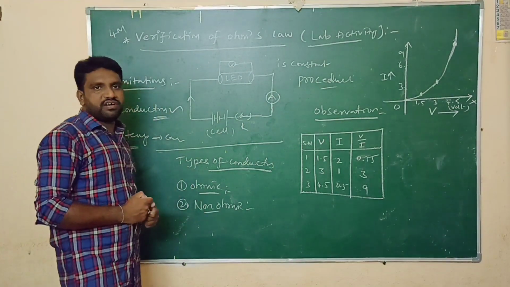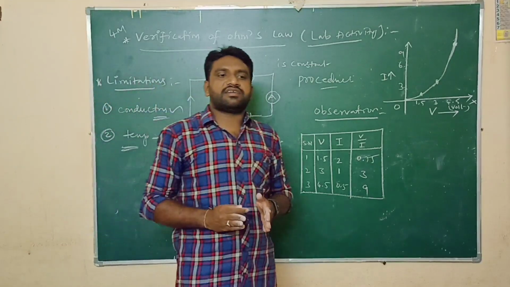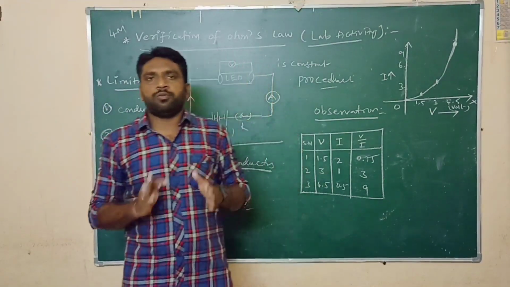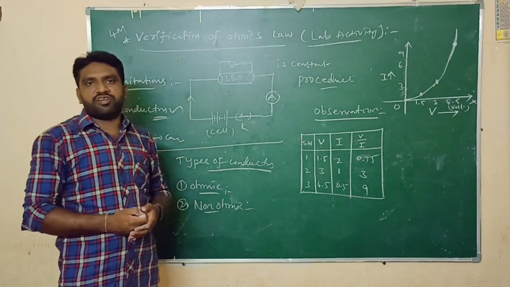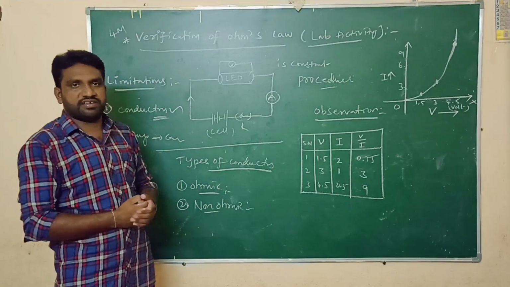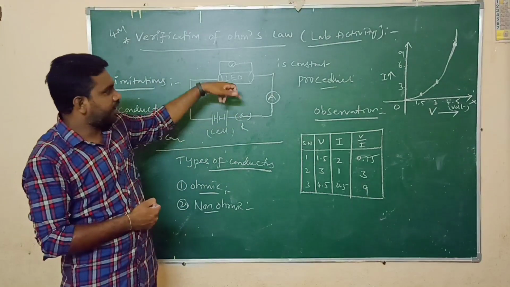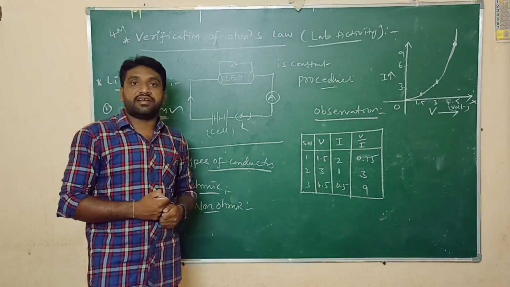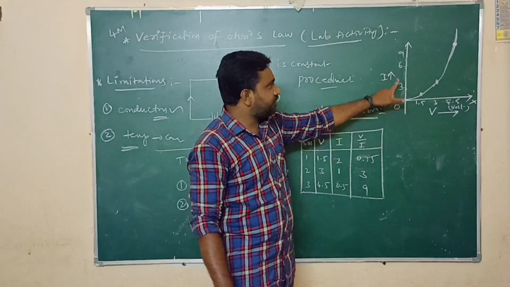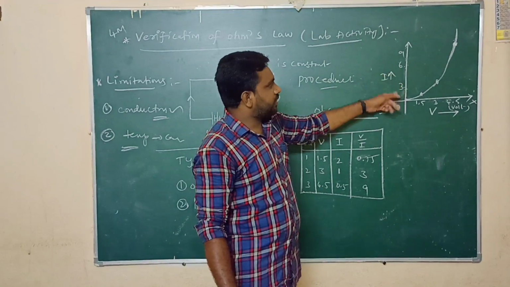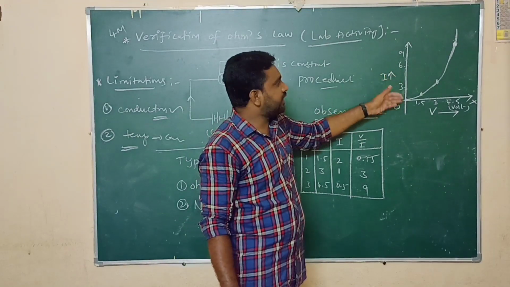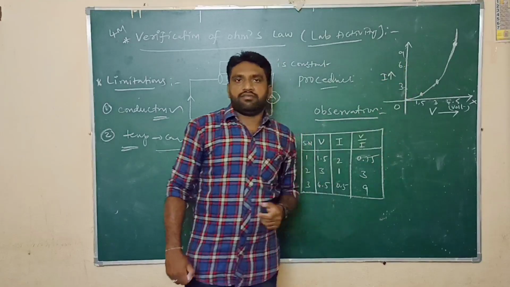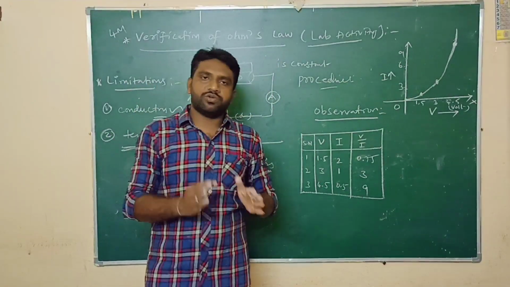Now we will consider non-ohmic conductors. The conductors that do not obey or follow Ohm's law are said to be non-ohmic conductors. Examples are LEDs, semiconductors and insulators. They are also known as non-linear conductors. Why? Because if you plot the graph for non-ohmic conductors, we get a curved line. We are not getting a linear line. So they are also known as